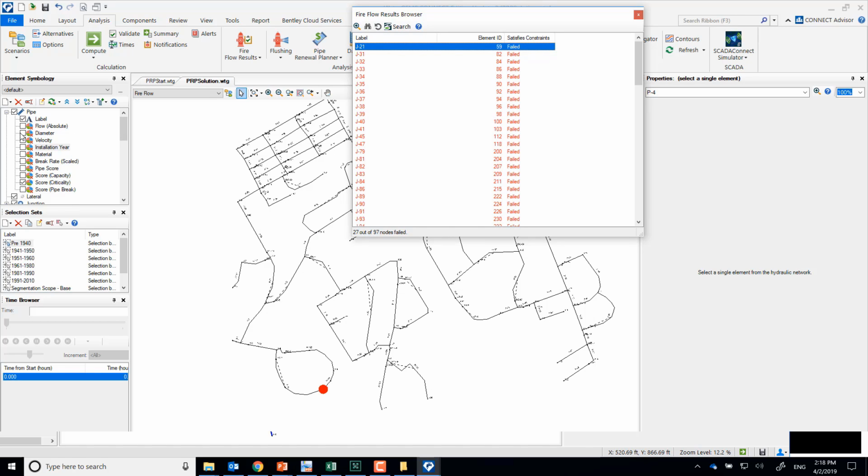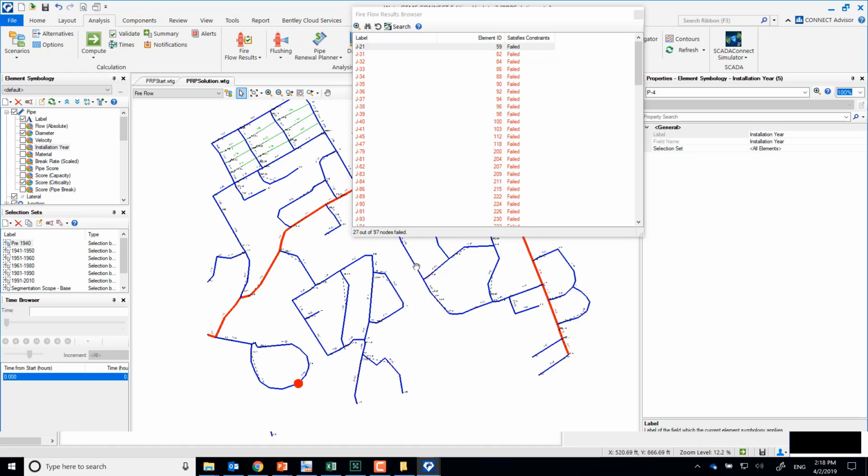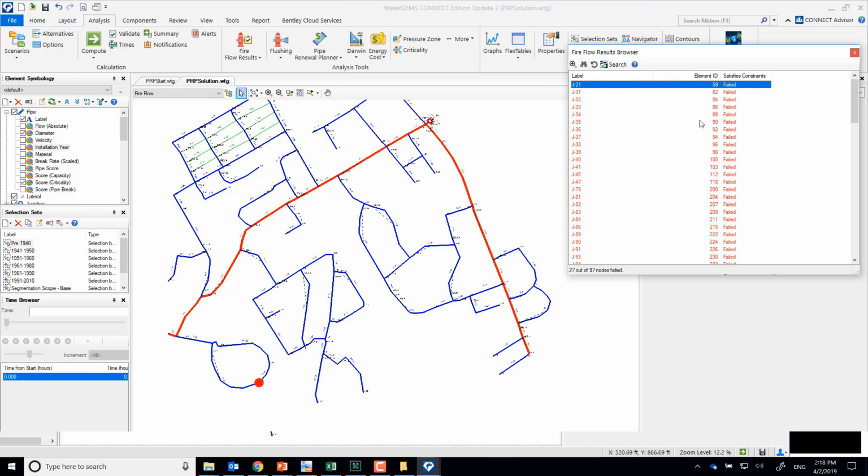Let me turn the diameter color coding again while I do this. And you see this red dot shows the node where we're checking fire flow, that it fails. So notice that many of these nodes fail at locations that are dead ends, but also a lot of them are in this area right here,